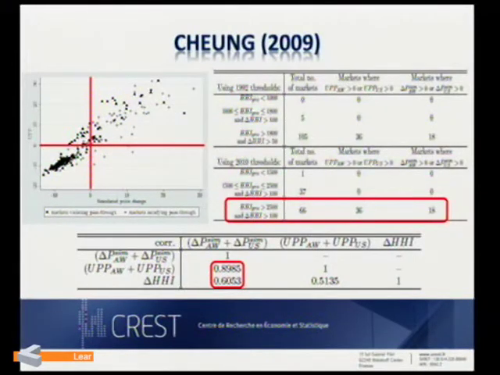I don't know if you can see everything here, but let me just focus on a few things. So one is, what it does is compare what market share screens would do compared to UPP first, and compared to anticipated price effects. If you look at the last line in the table on the right,